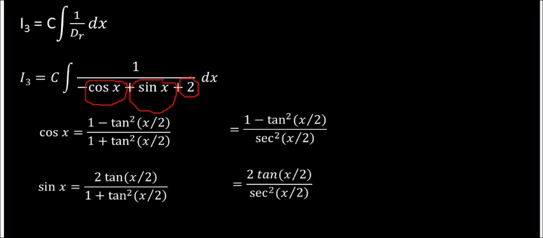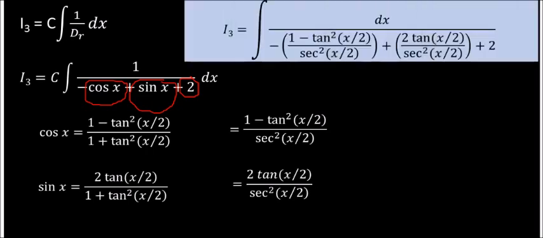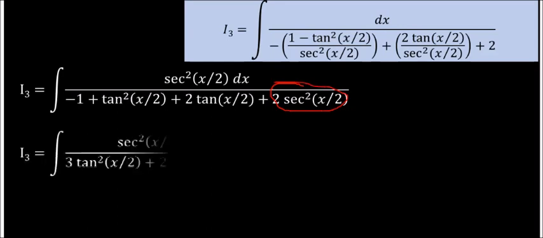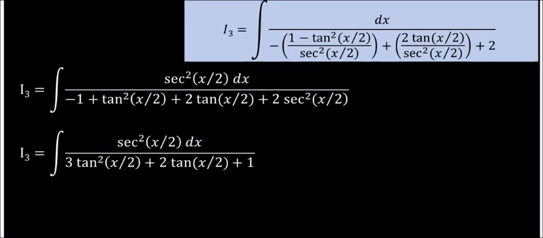And I substitute the values of cos x and sin x in the integration. So what I get here, this is my cos x, this is my sin x, and if I simplify further, this can be simplified as this. And again, in the denominator I can convert everything to tan of x. This thing is in sec square, so I convert it into tan square like this. So everything is in terms of tan of x by 2 in the denominator. This is my tan, and this is my sec square.